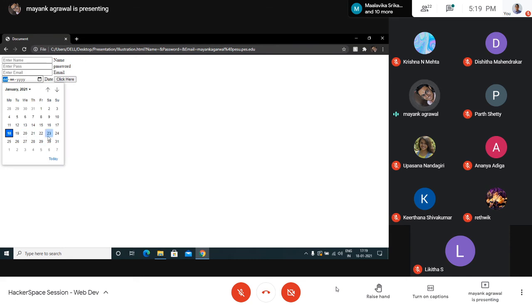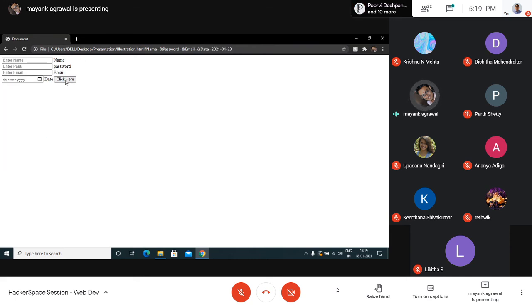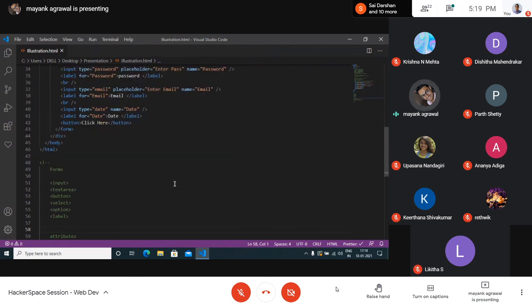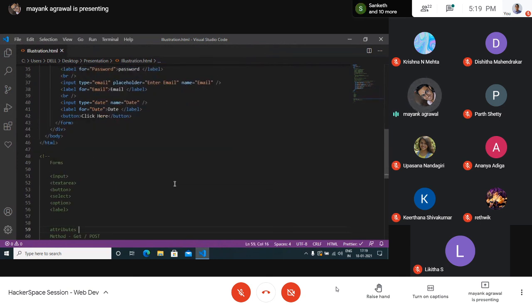Its whole calendar opens up and I could select anything and click. So there are many more to this. There's password, there's checkbox, and you can look into it, because input is a thing that you will be using again and again. And it's kind of useful because only one tag, just changing the value of an attribute, does all the difference that you can see on the screen.